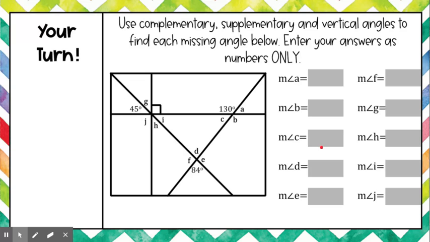And now we have C, the measure of angle C. Well, we can look at it two ways. We've already solved for angle B, so we know angle B is 130 degrees. We know that angles B and C right here are forming this line right here. So they're a linear pair. So if we add them up, they're going to be